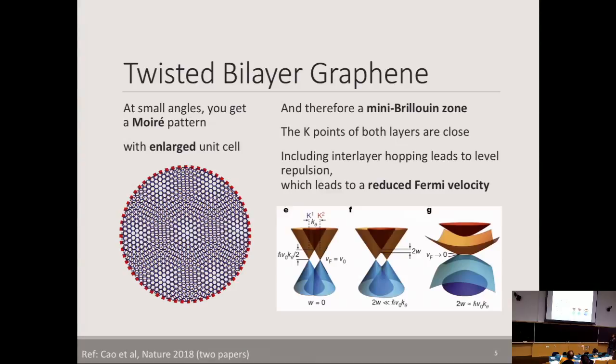And now there's the amount of interlayer coupling, and the distance between the 2 depends on the angle. There were already quite some years ago, about 10 years ago, some ideas that for certain angles you can actually tune the interlayer coupling and the distance between these points in such a way that the level repulsion is so strong that the effective Fermi velocity of the Dirac cones there vanishes. So these angles are called magic angles, and it was already theoretically a nice idea, because if you are at that point, at those angles where the Fermi velocity vanishes,